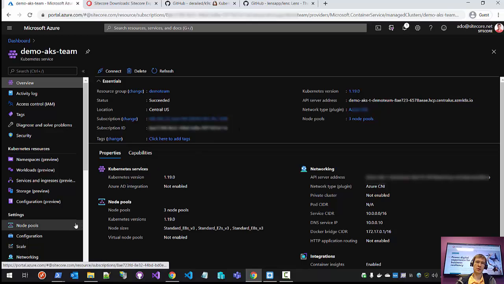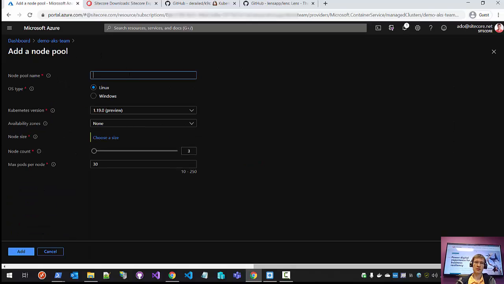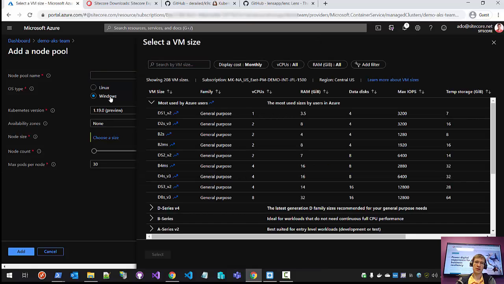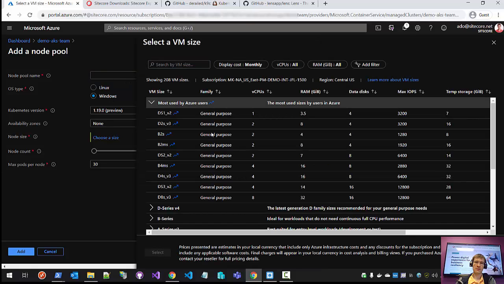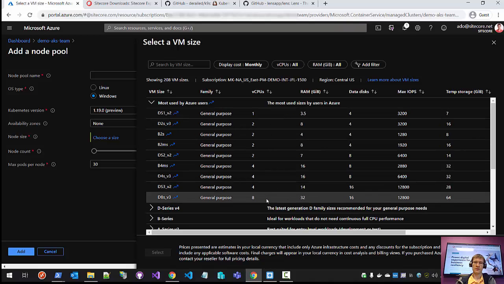You have to create your node pools manually or using PowerShell scripting, and you choose a size of your VMs. You choose a type, like it's going to be a Windows VM, and you can choose a size. Basically, you need to have a decent number of CPUs and memory,